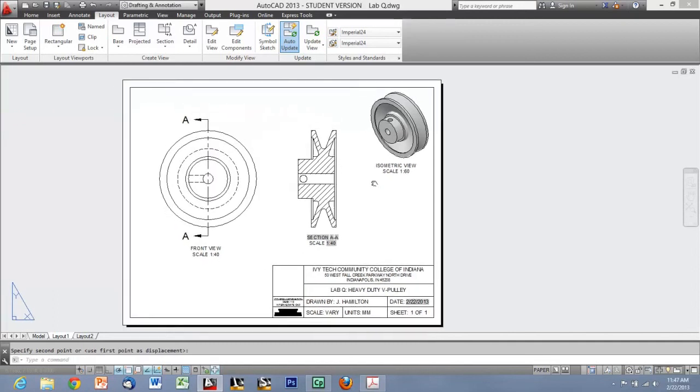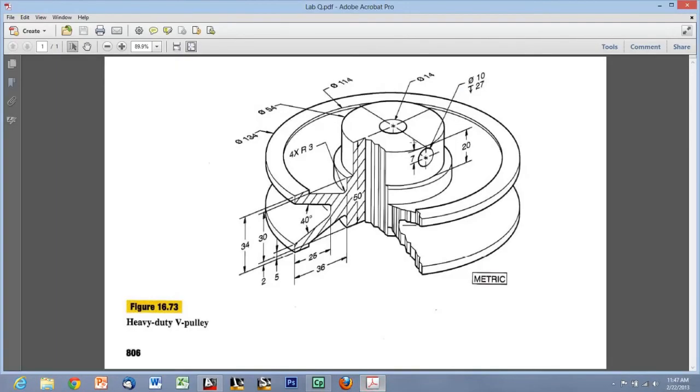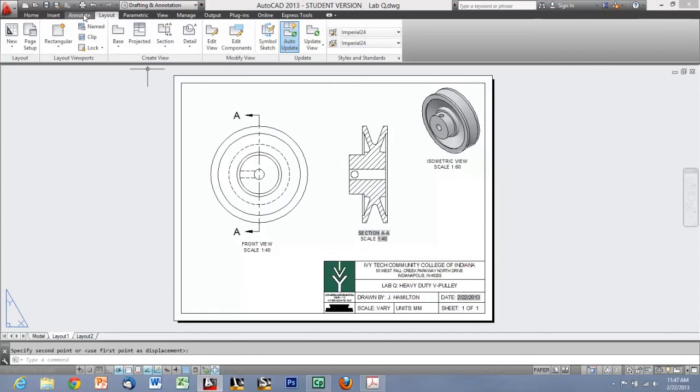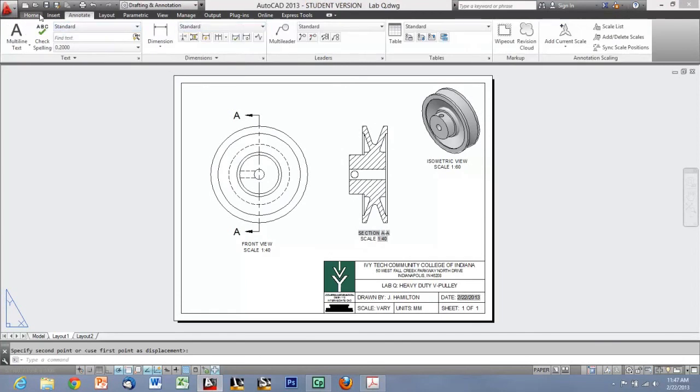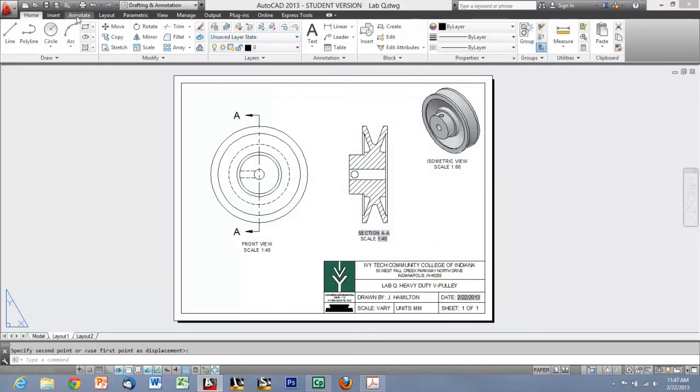That's pretty good. And my final challenge for you guys is to actually place some dimensions on this. So as far as what dimensions you need, if you go to here and kind of take these dimensions and use them as a reference, if you have all these dimensions on your drawing, you know it'll be fully dimensioned. But what I want you guys to do is go to your Annotate tab, and you'll probably, before you do this, you'll want to set up a dimension layer. So set up a dimension layer in your drawing,